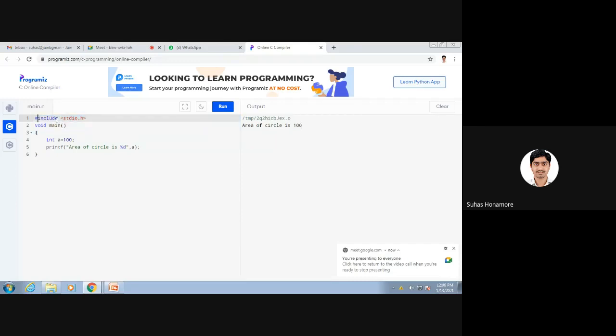Okay, so why the hash is there, hash include is there, then stdio.h, then what is void, what is main. All these we will study in detail. So you have a little bit of hands-on on these things, and one by one we'll keep adding the topics. So this is actually a header file. If you know a little bit of C or C++, here stdio.h is the header file which contains the definition of printf actually.